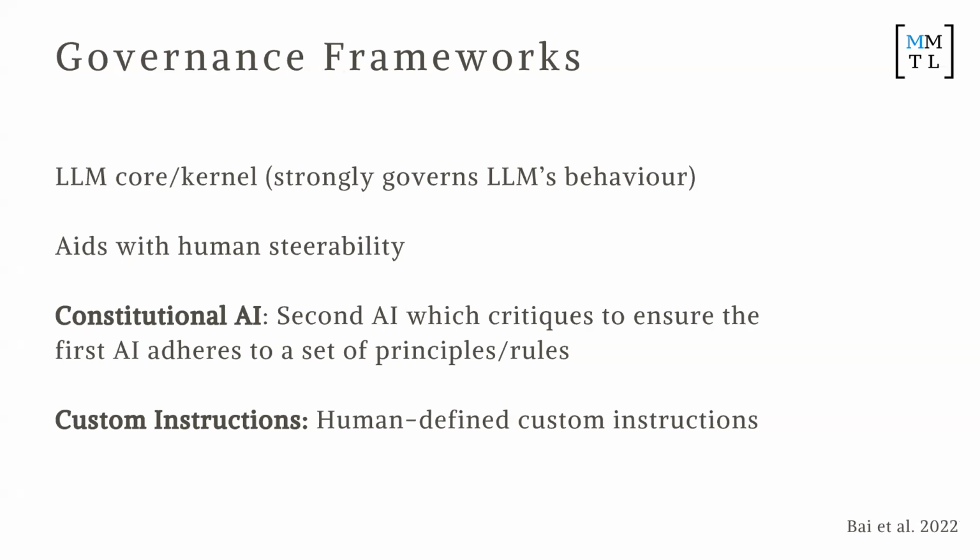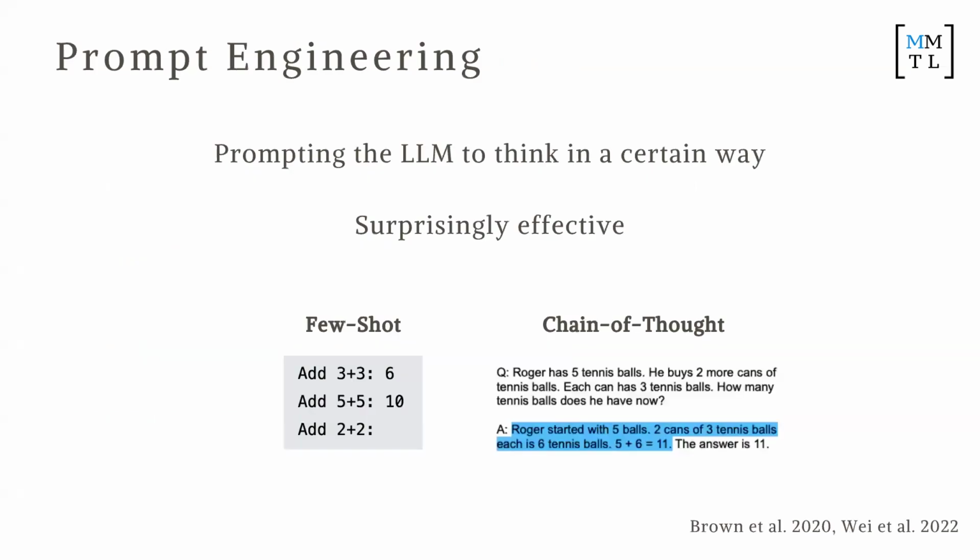So for example, the Hippocratic Oath or whatever country oath you take, right? And then you can also do custom instructions, which is human-defined custom instructions to tell it to do something more or do something less. Okay, so you can modify the behavior of the AI. Now, prompt engineering we talked about, we're well aware of. It's surprisingly effective. There's going to be really cool stuff. If you just search prompting, it's called promptingguide.ai. There's a cool website that goes through and updates regularly about all the different prompt engineering techniques you can use. Okay, so there's probably like 20 to 50 prompt engineering techniques now.